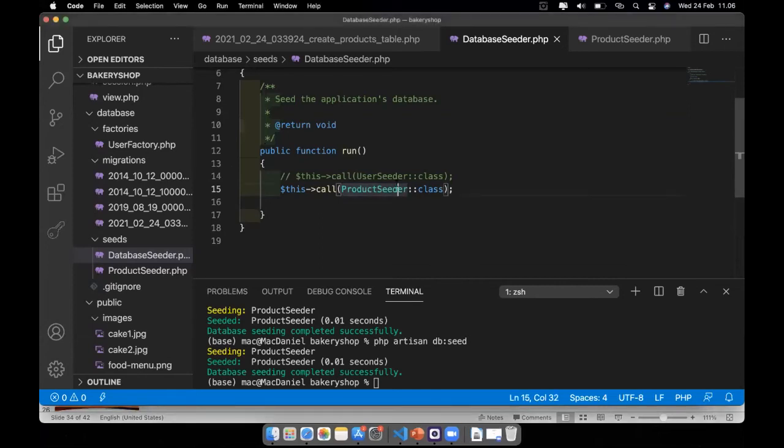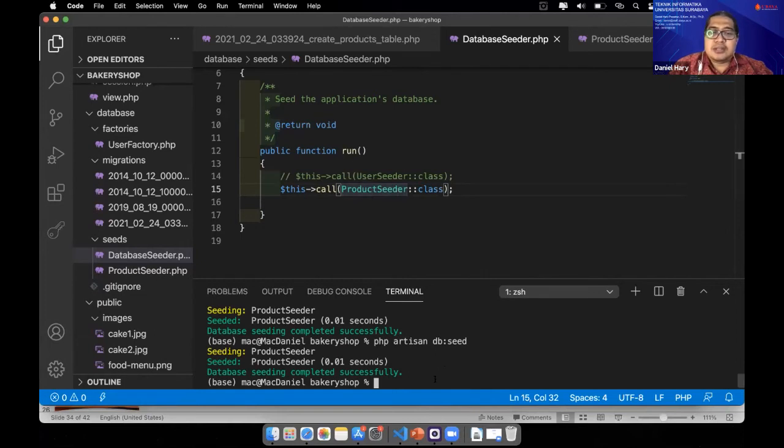Okay. Product header. Maybe it's already in cache memory. I think there is some function in Laravel to rebuild the files after you rename the product with product and the class.